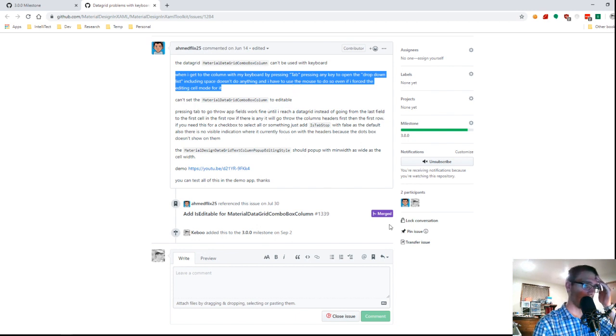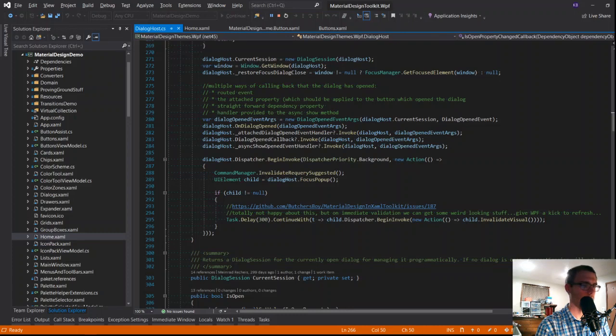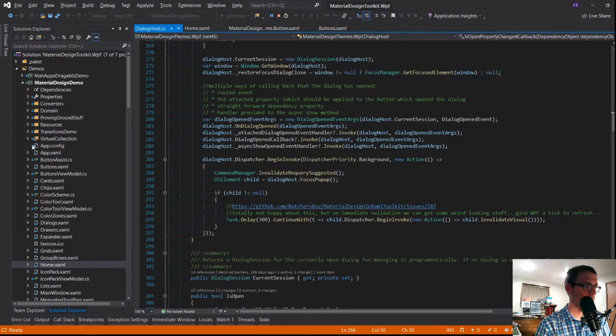This is editable. Should be handled there. Text column pop-up editing style should pop up with min width as wide as the cell width. Okay. Well, we'll take a look at that. So let's take a crack at this one real quick.